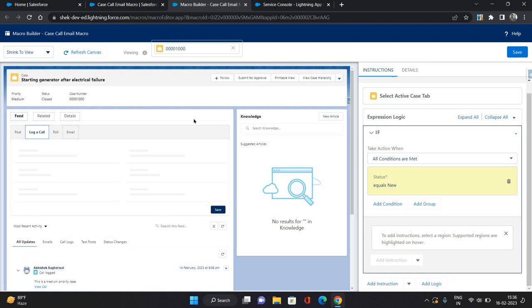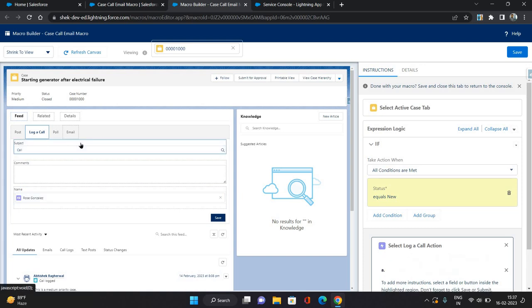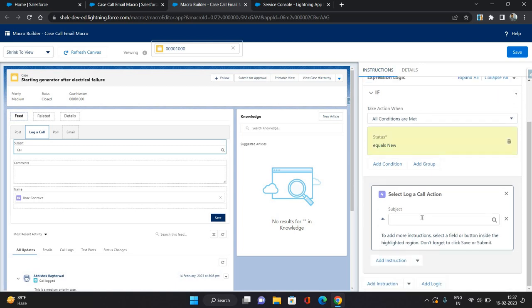So click on it. Once you click on it, the pane to log a call is going to showcase. So you have to click on each section over here. Basically the first section is the subject. So for the subject, I'm saying new case